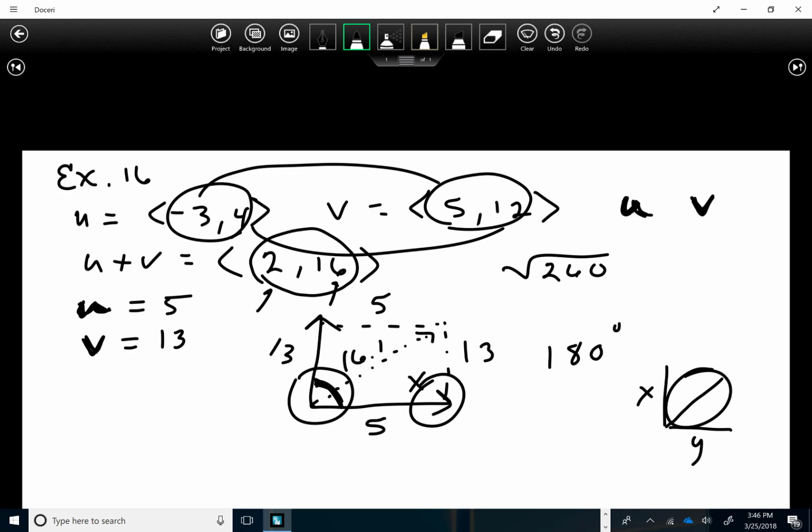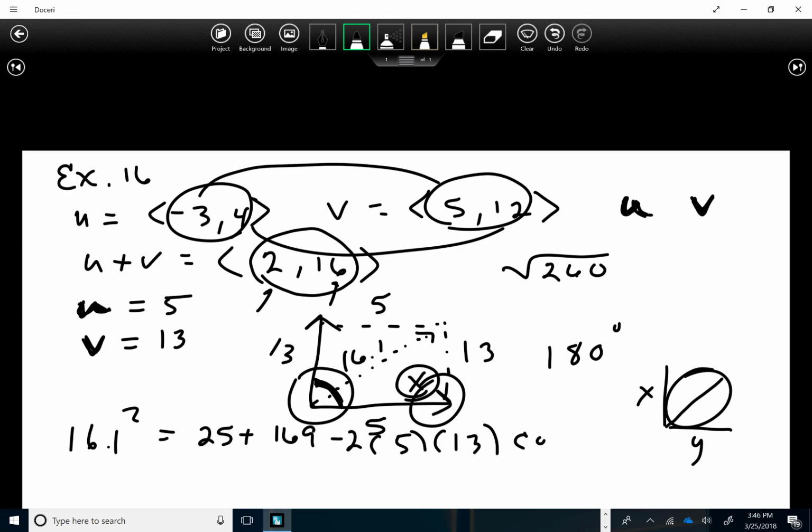So when I take this and I use the law of cosines, I'm going to try to find this angle. I say 16.1 squared equals 5 squared, which is 25, plus 13 squared, minus 2 times 5 times 13 times cosine of x. And when I do my math, 16.1 squared minus 25 minus 169, divide it by this number, and then take the inverse cosine, I get roughly